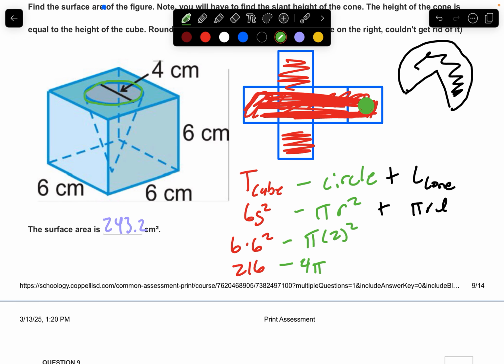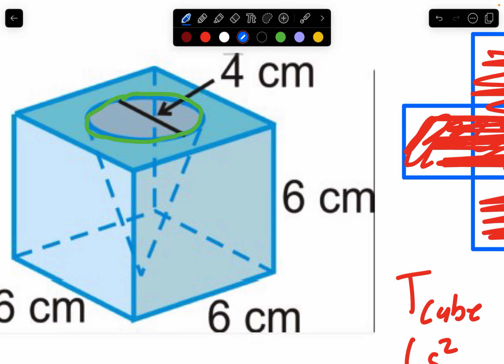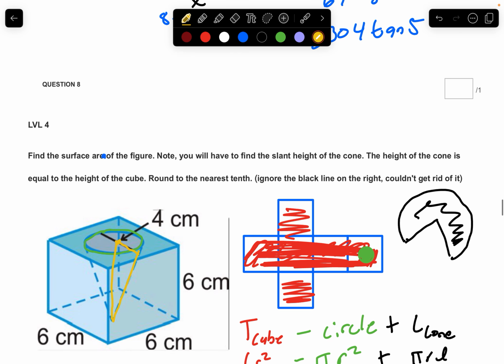And then pi r L, well, we know the radius is 2 still, but we need L. So take a look. There's a triangle. Let's go gold. There's a triangle here, and I need to work on that triangle. I'm going to draw it up here. We have a right triangle formed by the radius, the height, and I need the slant